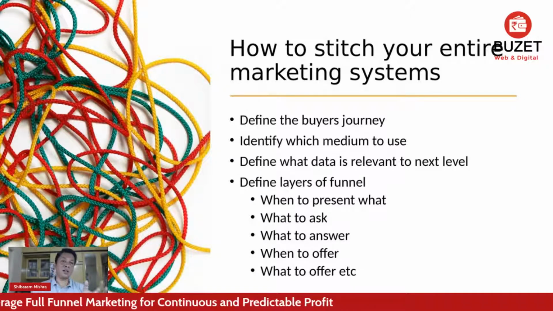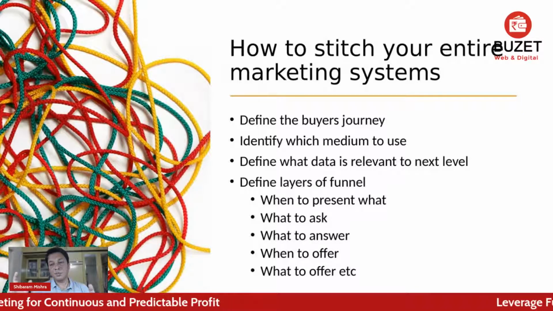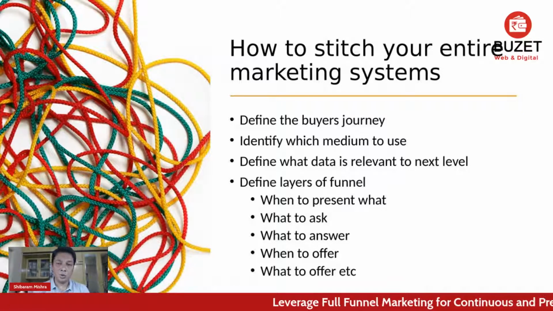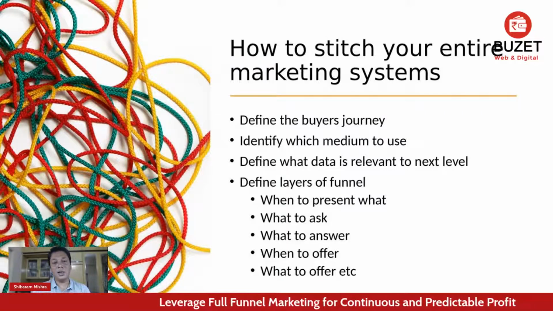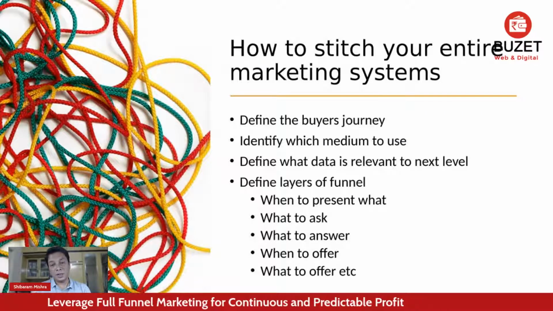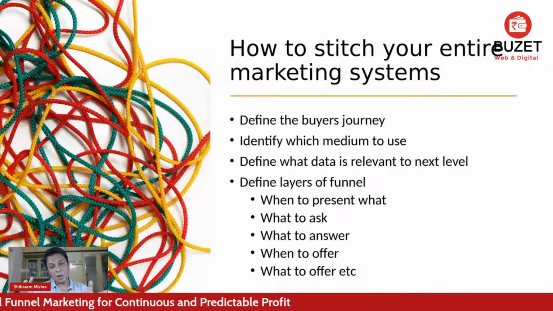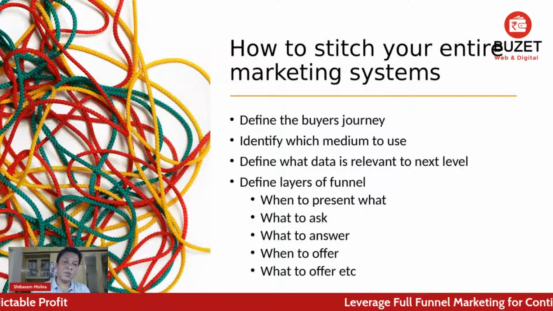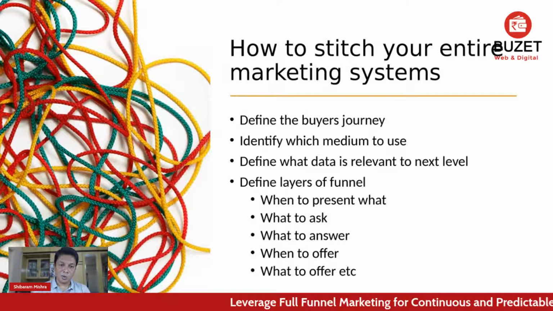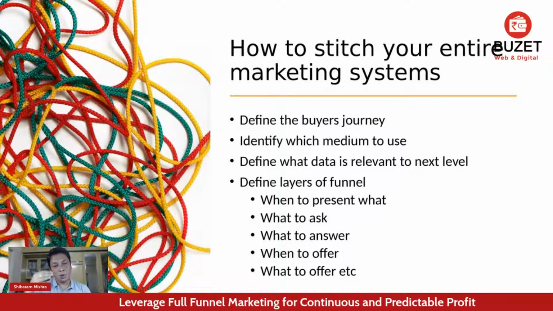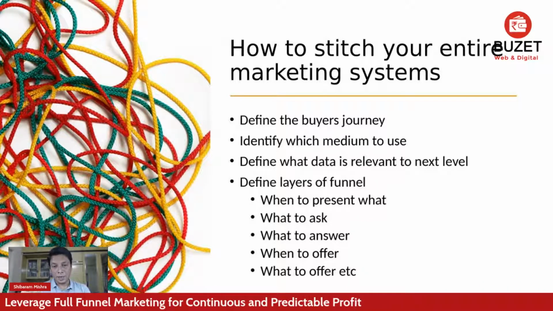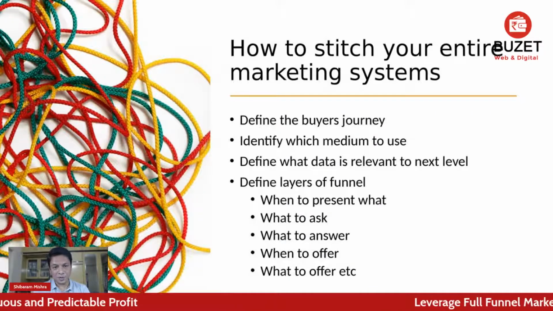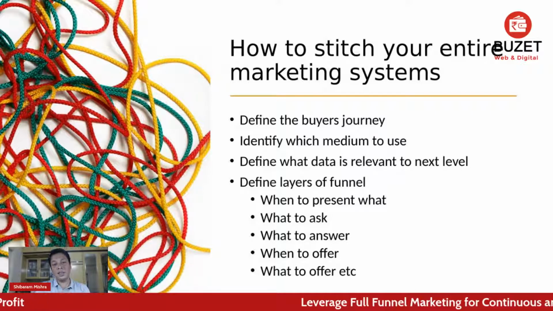It can be, let's say, I'm doing a Facebook video ad. So what is relevant to the next level is video view or a thruplay, right? If I am doing a YouTube data distribution system, I should target people who have completed at least 75% of my video. Then only they are qualified to the next level. If I am doing a lead magnet through a blog, people who come to the blog, download a PDF, and fill up their email ID, they are qualified to go to the next level. Correct? So we need to know what data is relevant to the next level.